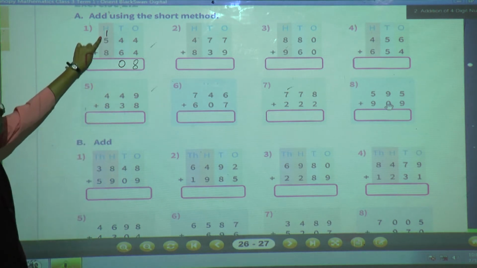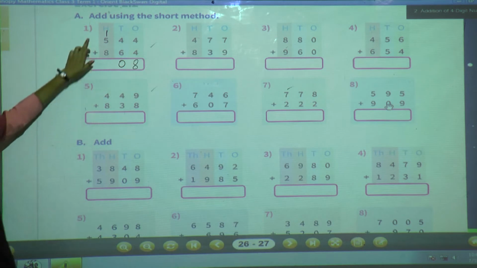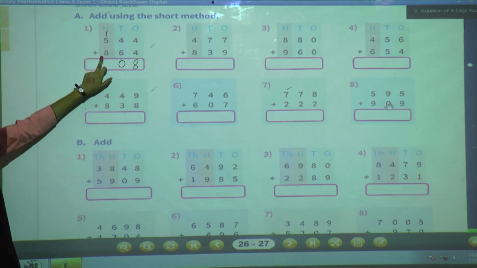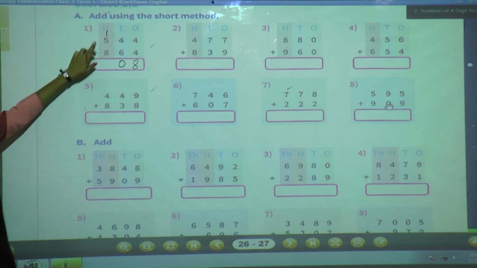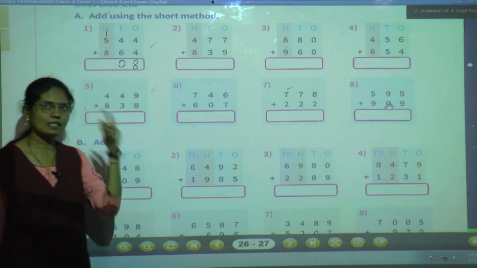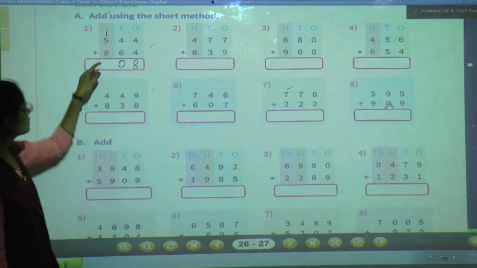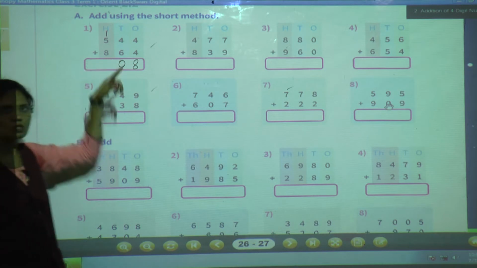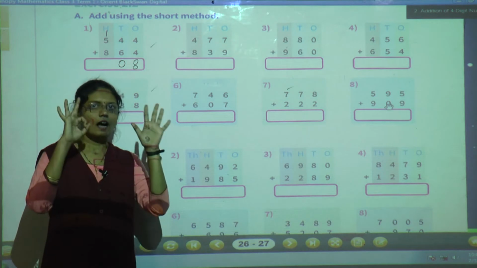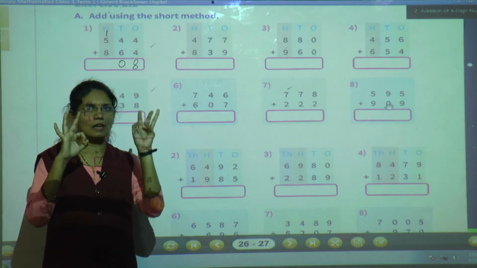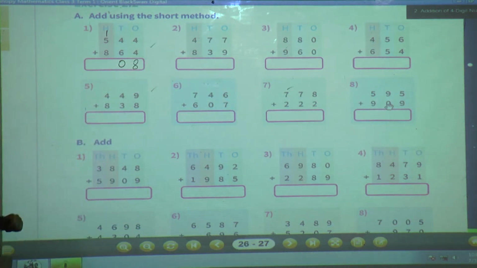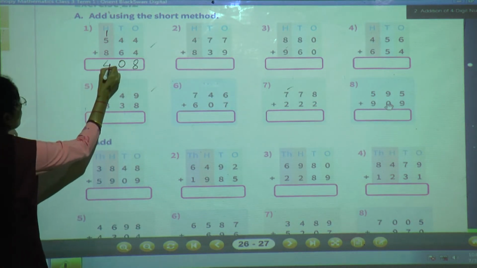Now see the hundreds place digit. Now here at hundreds place there are 3 digits. 100 plus 500 plus 800. Now 1 plus 5. Yes, 1 plus 5, 6. Now this 6 keep in your mind. Now which is the next number? 8 is there. Show your 8 fingers. Now which number is there in your mind? Yes, 6. After 6 count 8 more fingers. 7, 8, 9, 10, 11, 12, 13, 14. So here we will write 14.